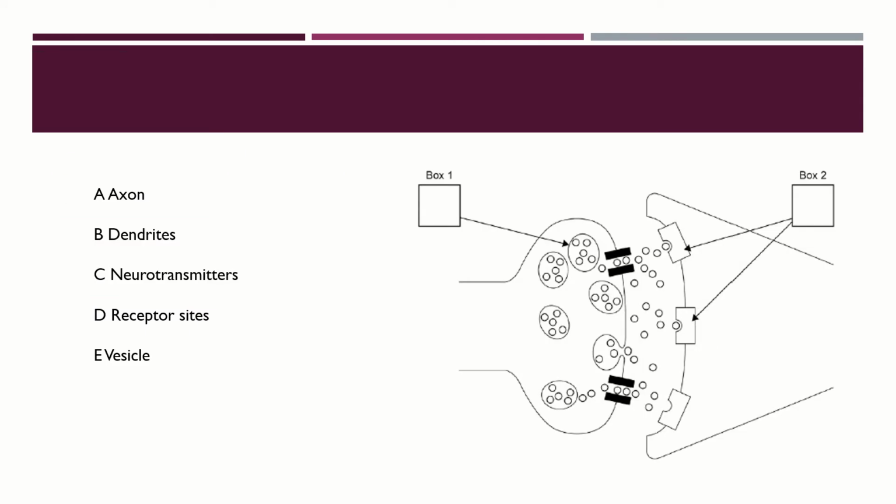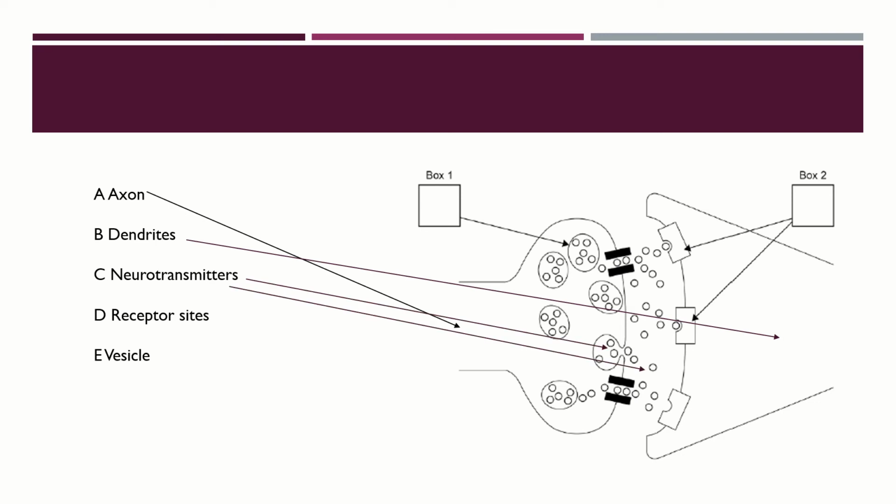So the things that we were asked to mark here, you could be asked to consider a diagram and label it. So we're going to go through them all together and you'll see which one it is. So we've got axon, and the axon is this thing here that runs up to the terminal buttons. Okay, so that's the axon of the presynaptic neuron. So we know it's not axon. The dendrite is the other side. So it receives the information from the